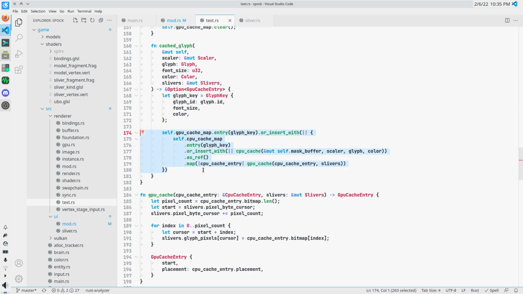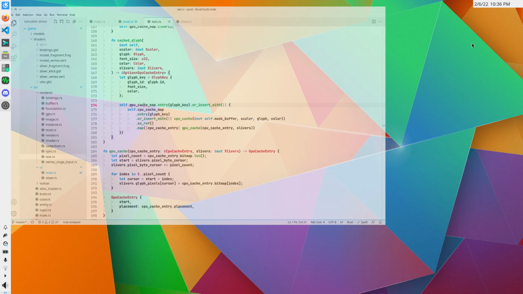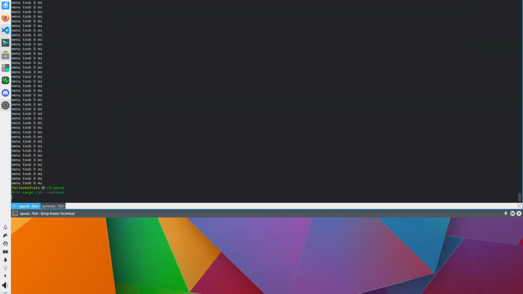So all of that complex logic is just being handled here, and this avoids extra hash table lookups because we're using .entry and or_insert_with, which is just such a cool little construct. This right here is a very, very, very powerful construct in Rust. I'm very happy with that. And this is just some optional stuff. Anyway, and remember what I said about